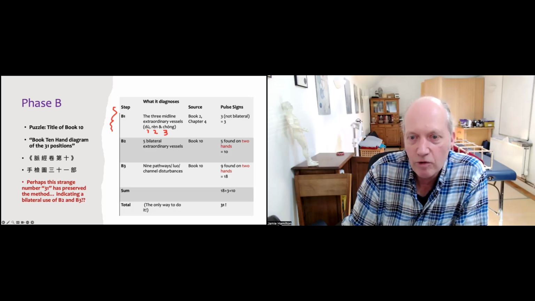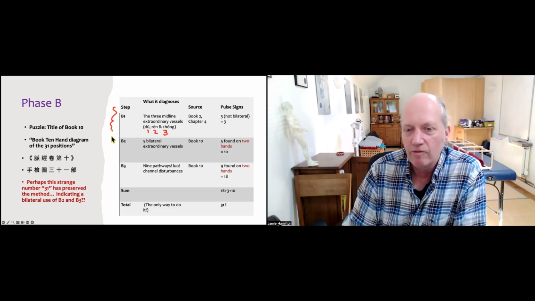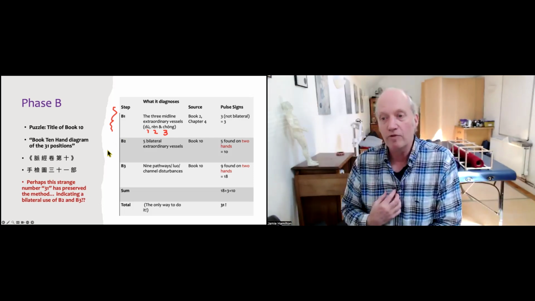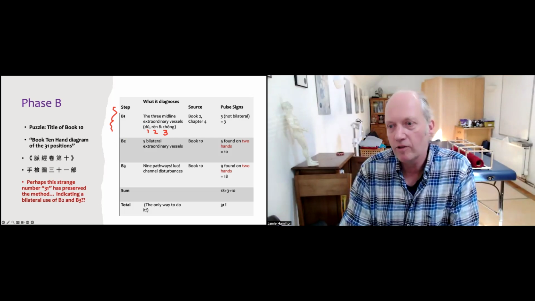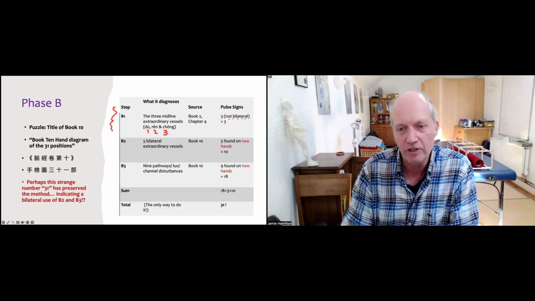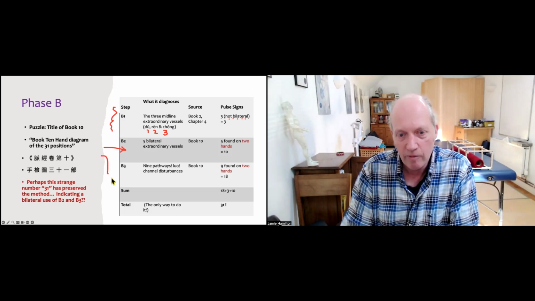Those are 3, and they're on the midlines, and very often there's only one of them to find. So they're not generally thought of as bilateral. That's not carved in stone, though. I do sometimes find unilateral versions of it. So this is what we've been looking at a little bit more today,